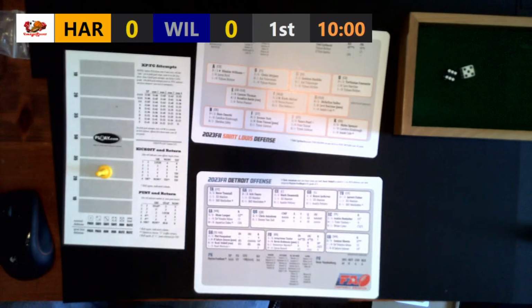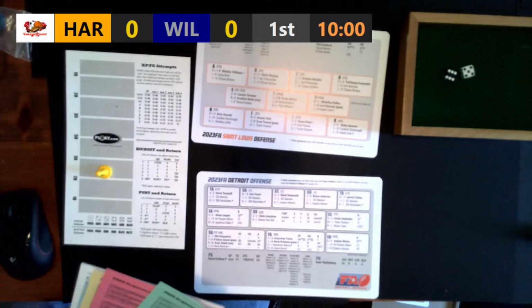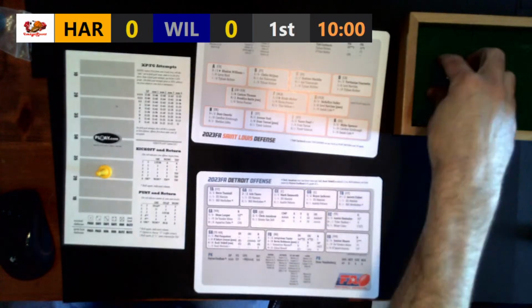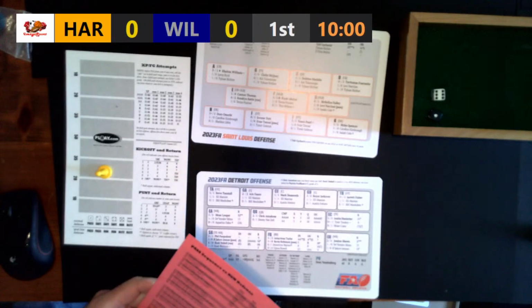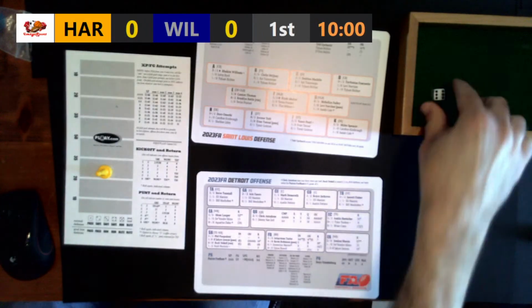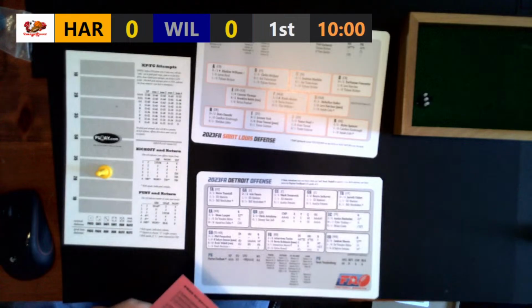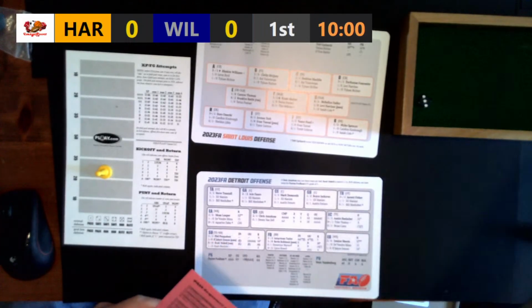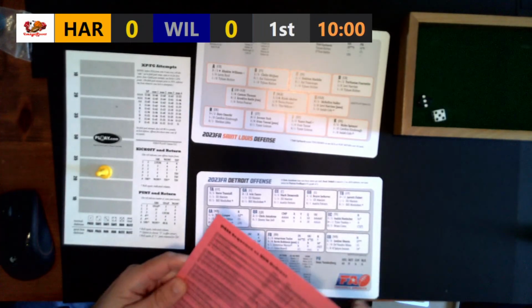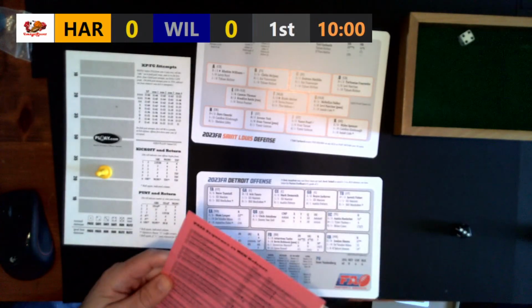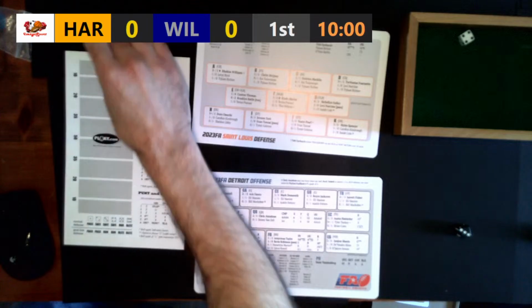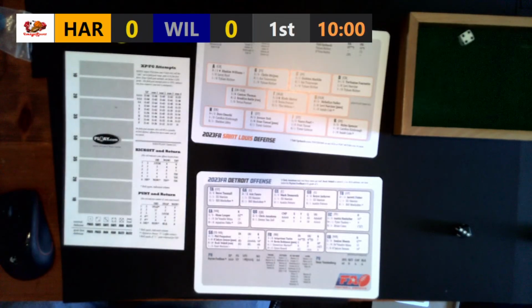They're going to start off with a pass call against a run defense. And it's going to be a 16. Completion grade A or better, you bet it is. It is a completion. Let's see for how many zones. It's going to be an XP. And out of that XP, it's going to be a go result. And then from there, 7 zones. And it's a touchdown for Williamsport to start things off.